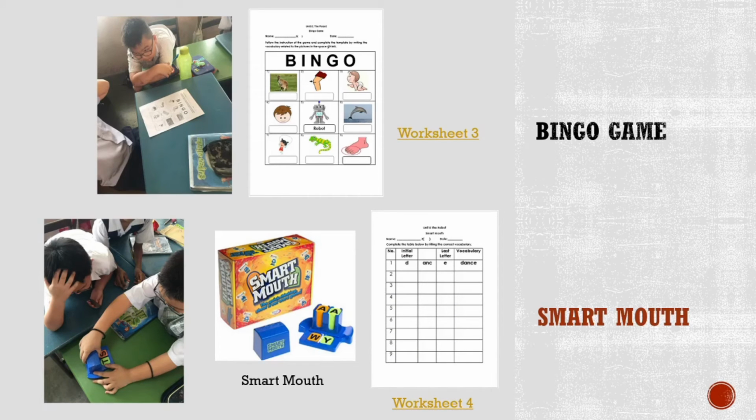So when the pupils slide, they need to think of words that start with the orange color letter tile and end with the green color letter tile. So by using this activity, pupils will reinforce their memory on the vocabulary that they have learned. Right, so